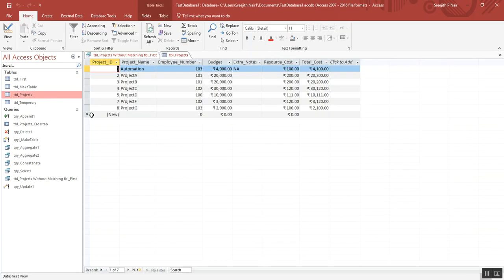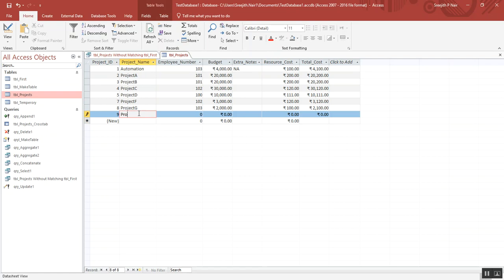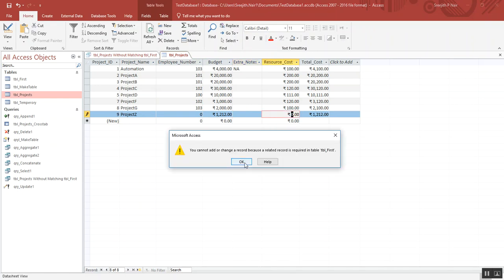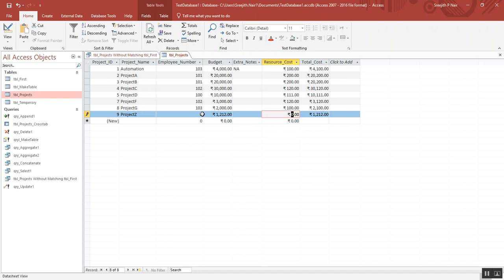Now if you assign a project, I hope you are going to see the example here. If I'm project Z, I'm not going to match any employee number here. You cannot. So an unmatched query result is not possible now